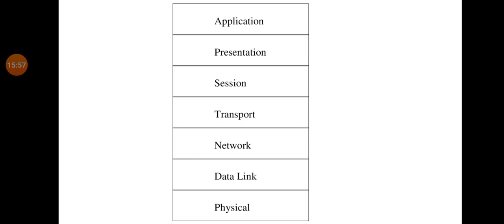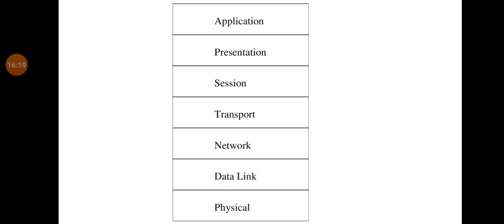If the data that host A is transmitting is not in a form that host B can understand, then the presentation layer will perform translation. Translation means it will convert the data from one format to another format.